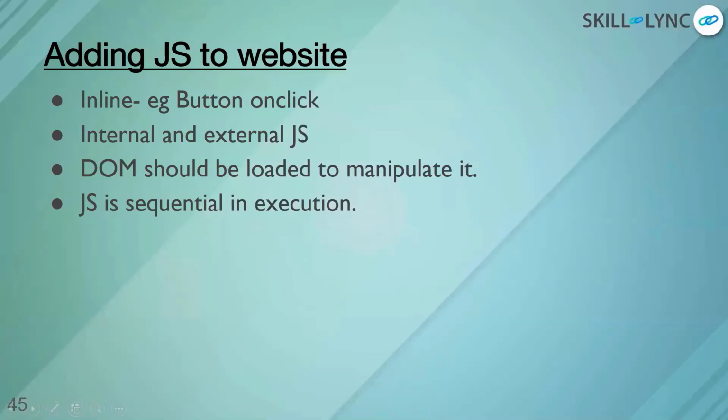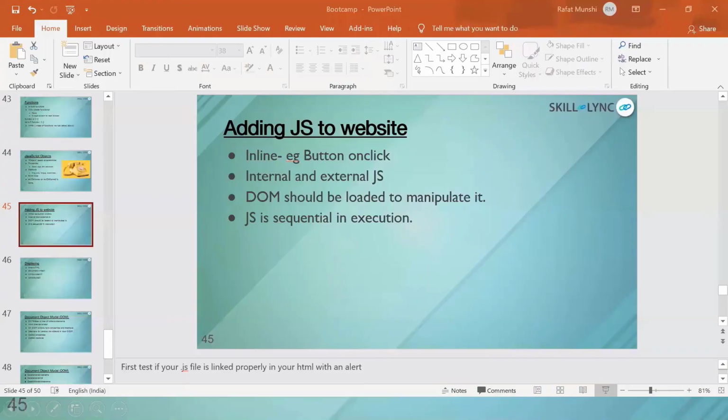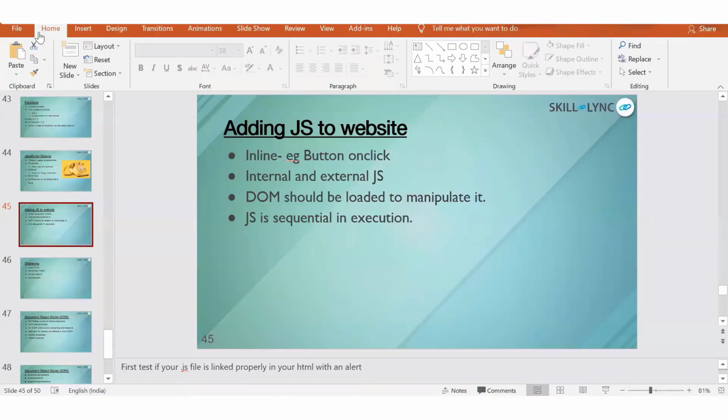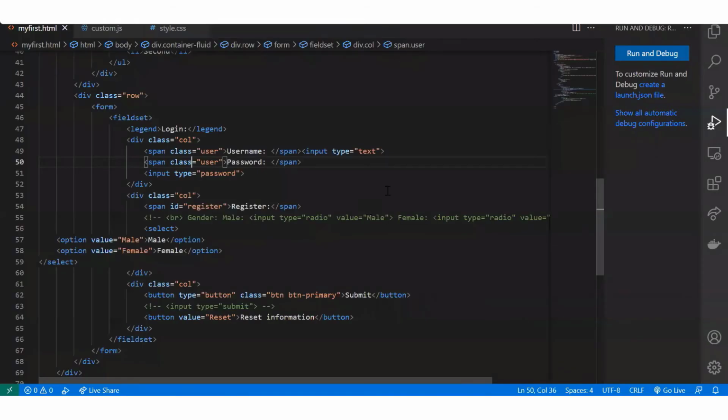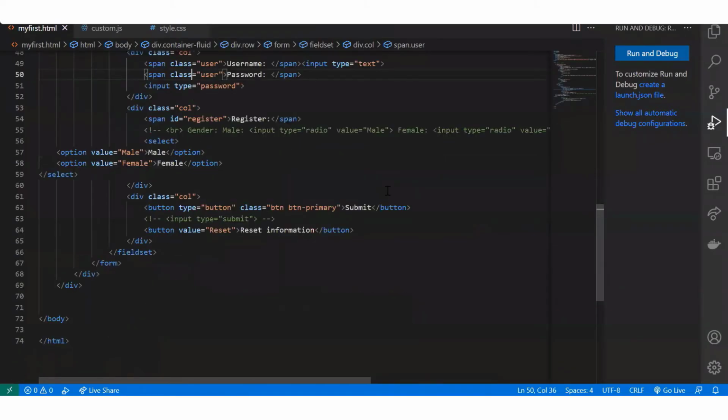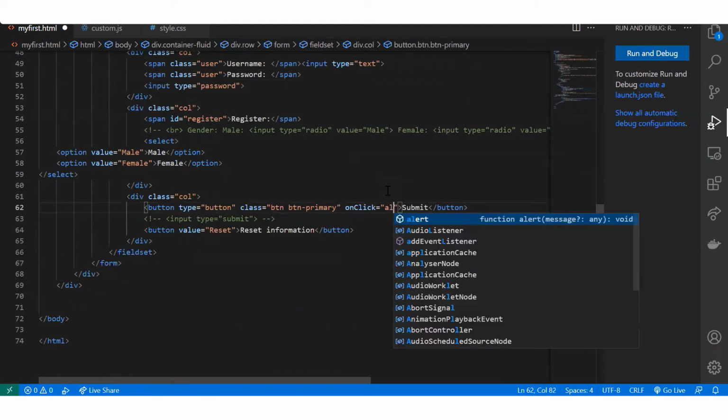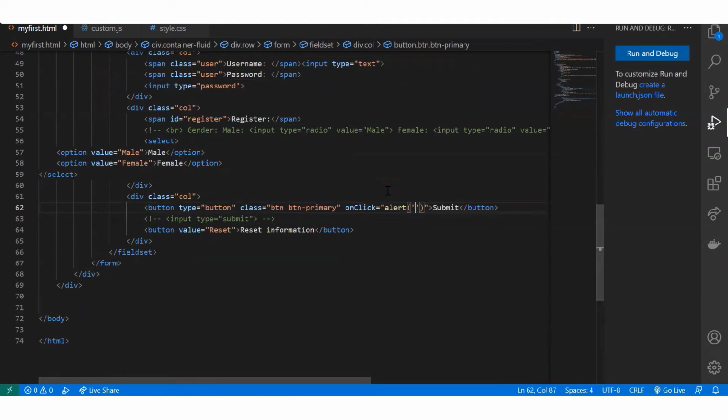So for example, if you come to your first HTML page, in this you already used a button, right? So on this, what I could do is use something like onclick, and in this I would put an alert, and let's say I want to alert hello world.